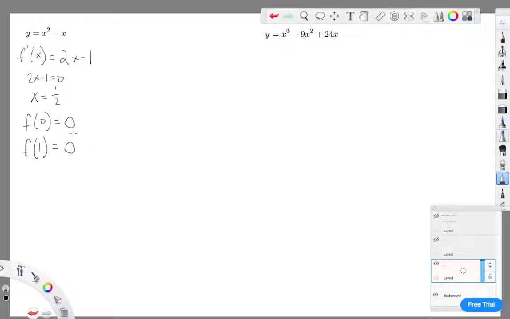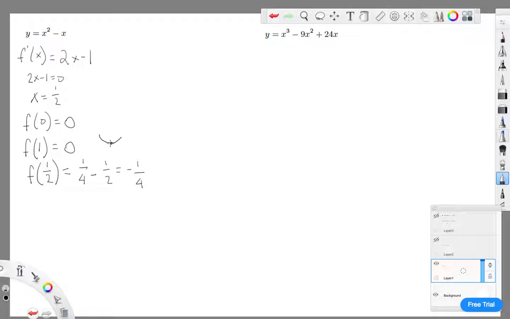I'll do one more here. We'll take that critical point, f of 1/2, and we get 1/2 squared, which is 1/4. 1/4 minus 1/2 is negative 1/4. And so we see negative 1/4 is less than both of these points. And that means that